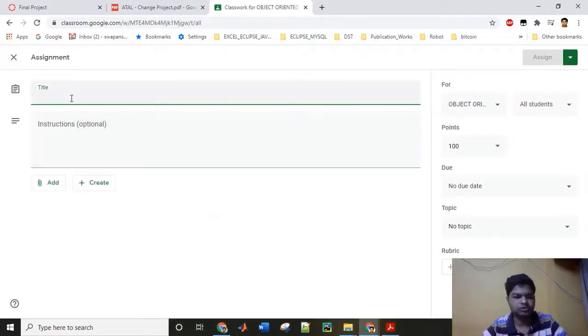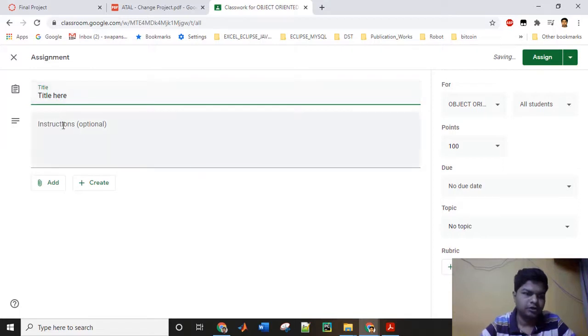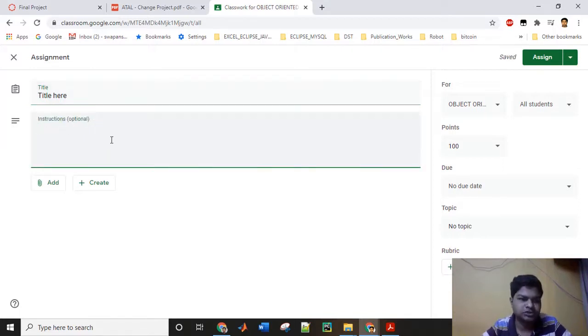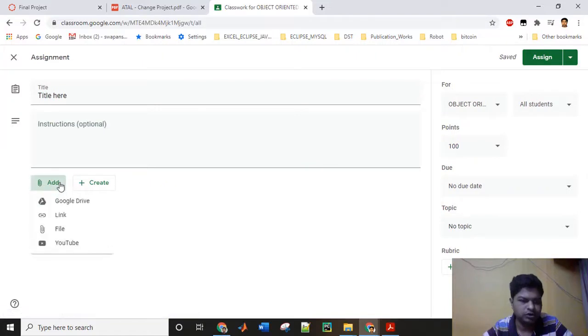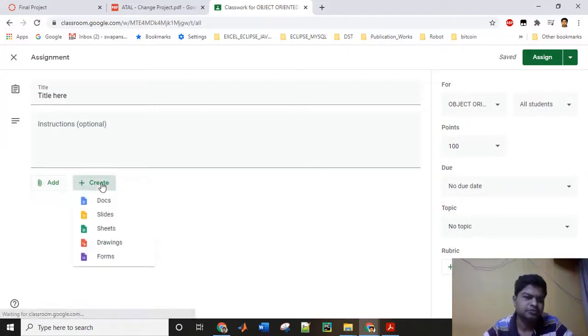You should give a title here, and you can provide some instructions, and then you can add some local files from your computer, or alternatively you can create here. All the formats that are available in our Drive account are also available here.